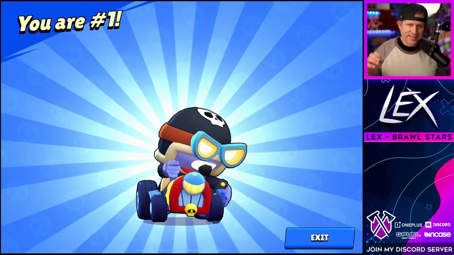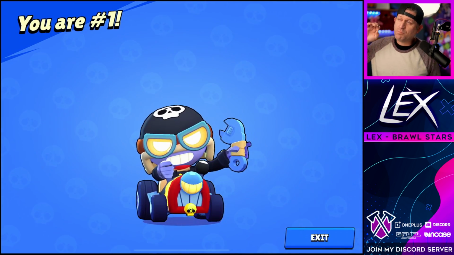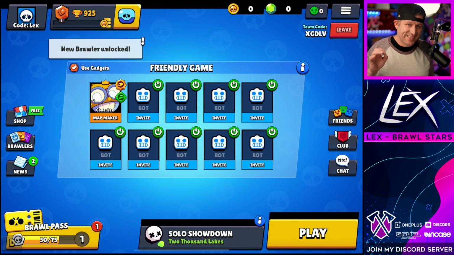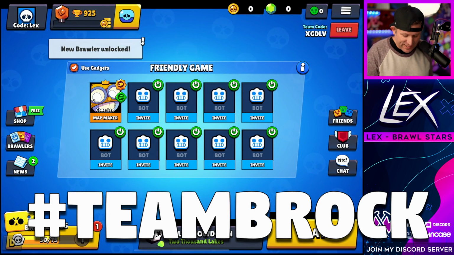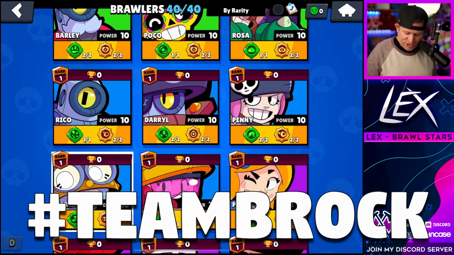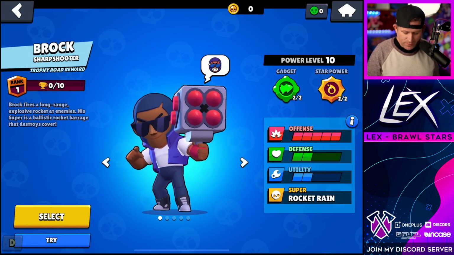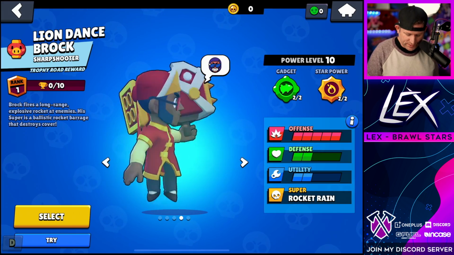Carl's gadget is a ton of fun, but the one that is even more fun, in my opinion, and the one that I think I'm going to be voting for is hashtag Team Brock, because this gadget is just so good. Not only is it fun just to see that massive rocket shooting, but also, we need to pick